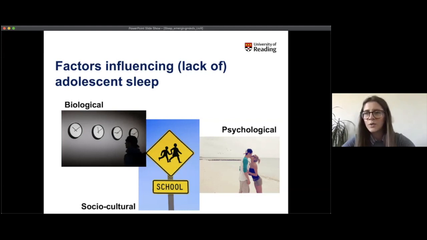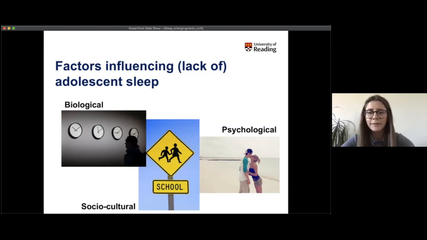The final factor that causes a bit of a difficulty for teenagers, and is altered a little bit at the moment, is the societal factors. And the big one here is actually school. The reason for this is that, as I just mentioned, we have this biological clock which is shifted to being later for teenagers. But that doesn't match nicely onto our school start times, which dictate that teenagers need to get up relatively early in the morning. And the consequence of these two factors interacting is that the window for sleep ends up being quite small. So teenagers aren't able to fall asleep until later, but they're being dragged up and off to school